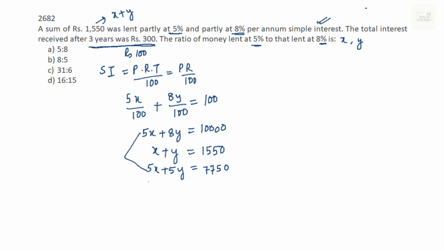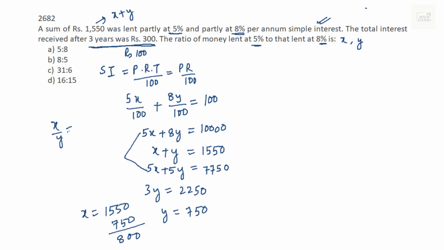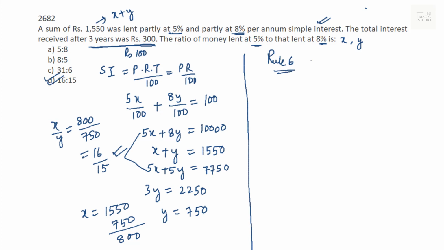So if I solve these two equations, I'll get 3y equals 2250. That is y equals 750. Therefore x will be equal to 1550 minus 750, that is 800. So the ratio x is to y is 800 by 750, that is 16 by 15. That is the ratio we are looking for. Option D fits in. But if someone is interested in Rule 6, Jungle Rule, from the Jungle Rule book,